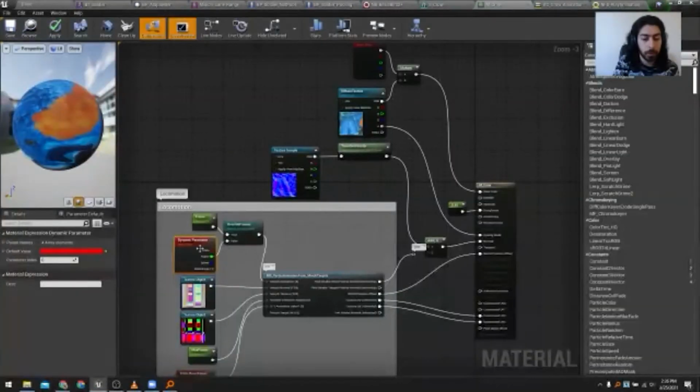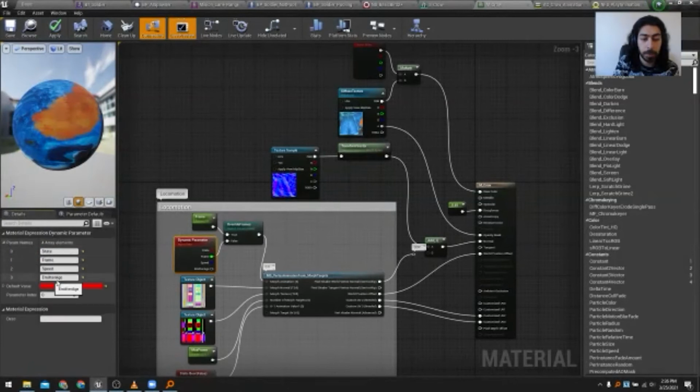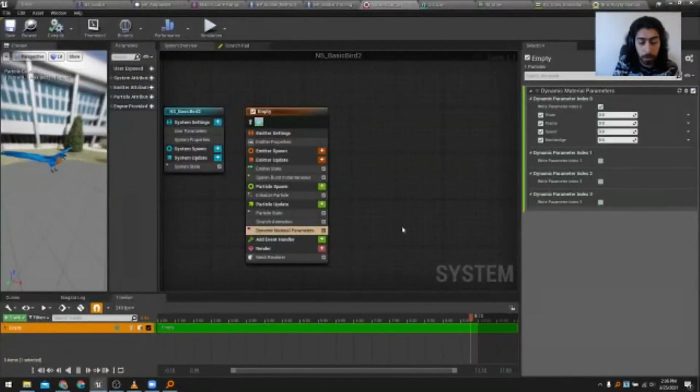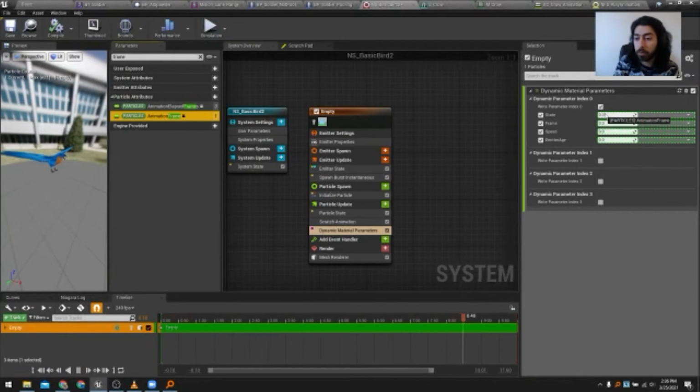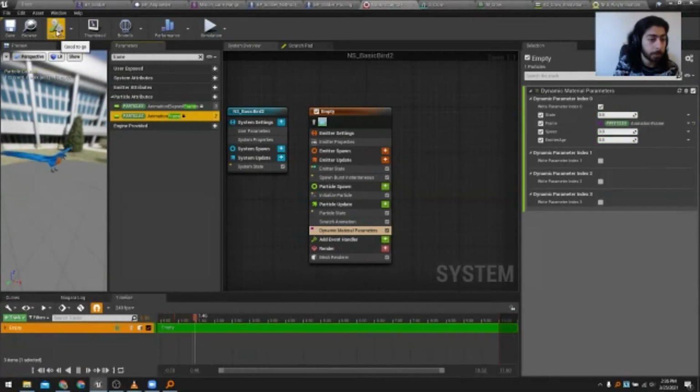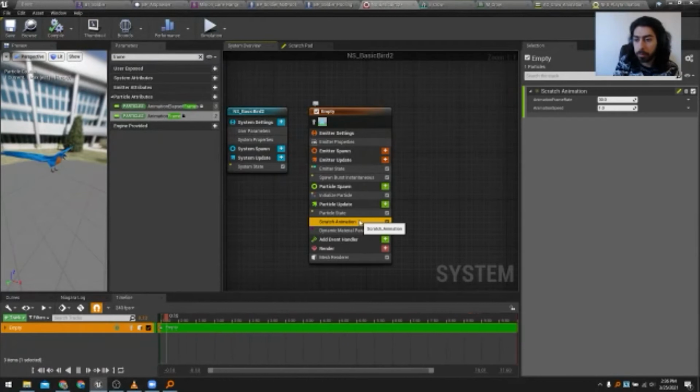And if you go to our material, you can see that I already named them inside of the material here as state, frame, speed, and emitter age. So that's really convenient. And all we have to do is just set the frame. So that property we just created that we outputted into the particle, which is our animation frame, you can just drag and drop it here, hit compile, and wait a moment, make sure animation speed, animation frame rate.